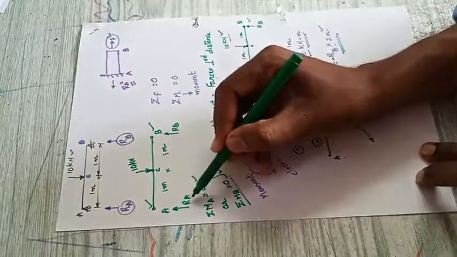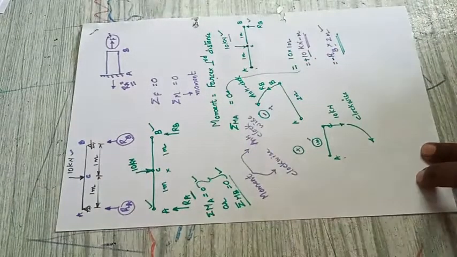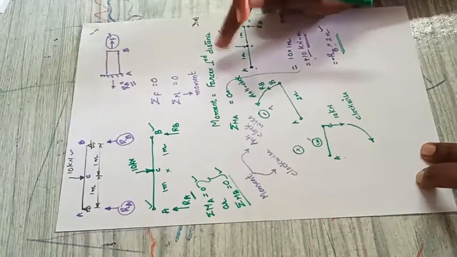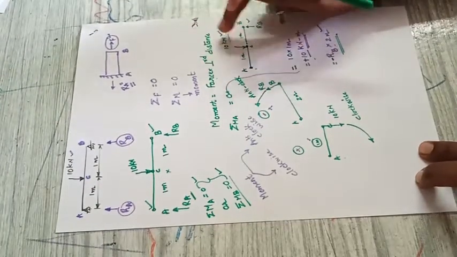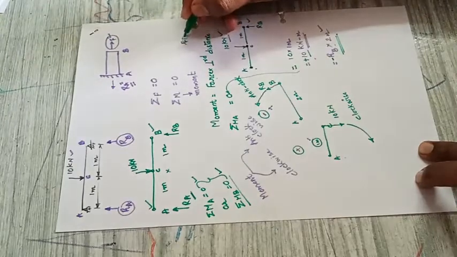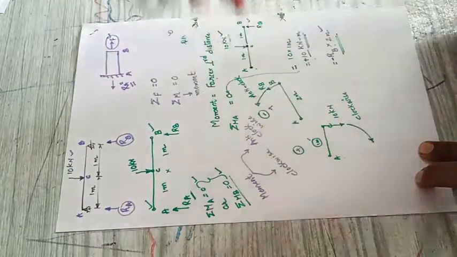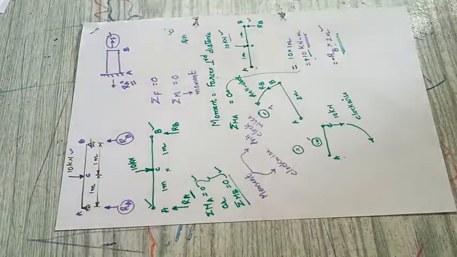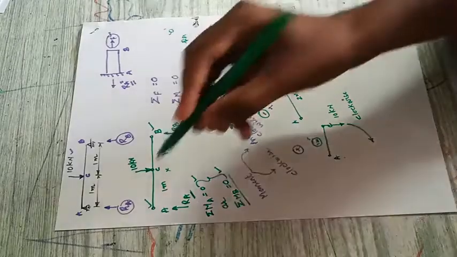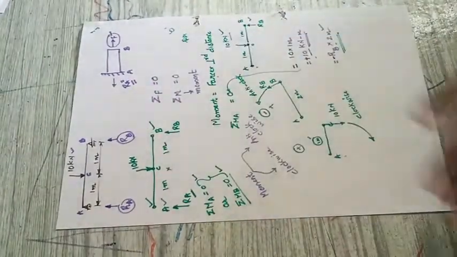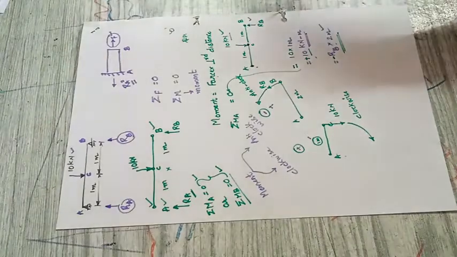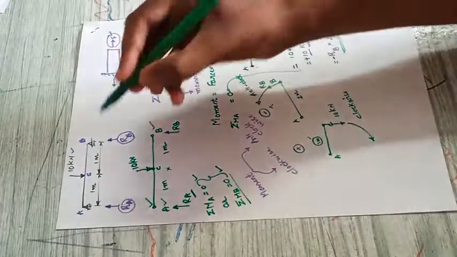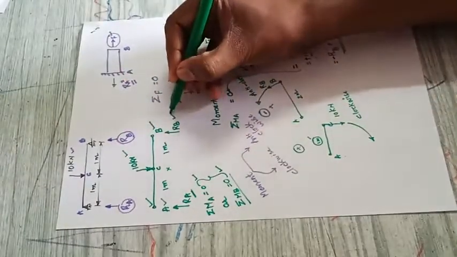So why we are not taking this RA? RA is here, no? We forget this RA or what? No. So RA, if I take the RA, it is a force. But what about the perpendicular distance? Perpendicular distance for the RA is 0. Why? Because it is acting at a point. We want a distance from A to some point, but it is acting exactly on the A point. There is no distance. So that RA force will not be considered. Only we have to consider the 10 kilonewton as well as RB.